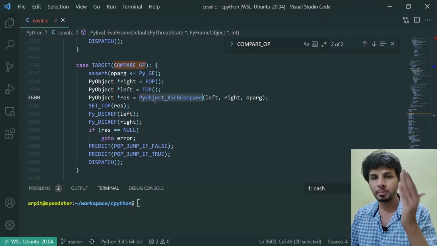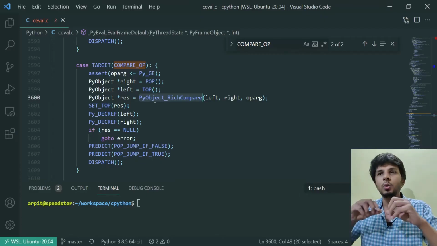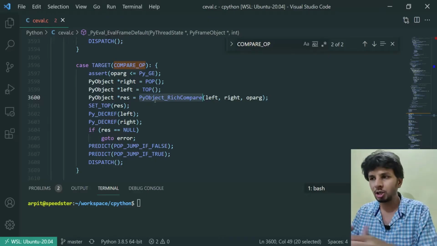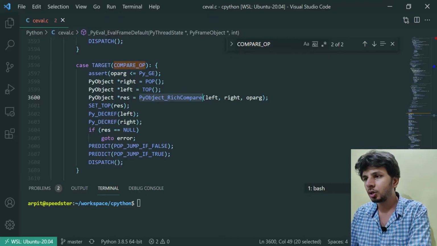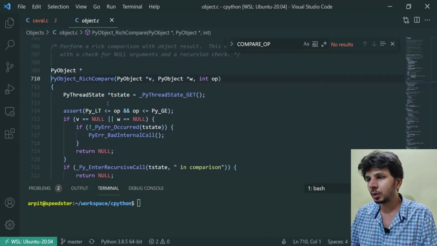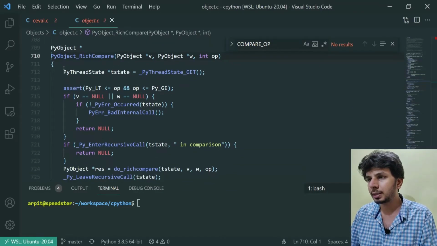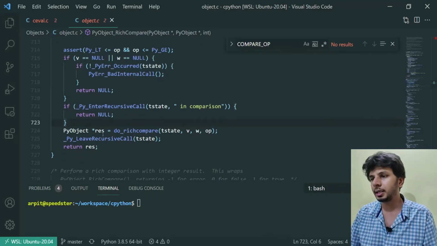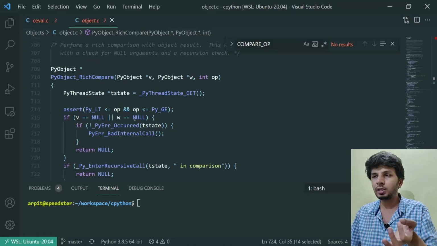PyObject_RichCompare is where the code of the actual comparisons, depending on the operator, should be written. So let's go within this and see what's happening. It does some checks, thread checks and all, bad internal call, that's okay. Here it is.